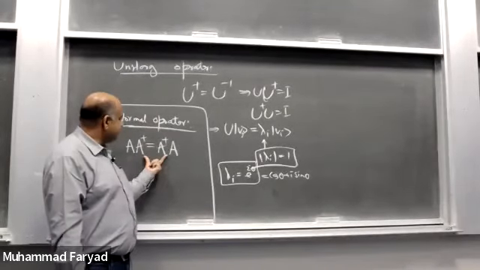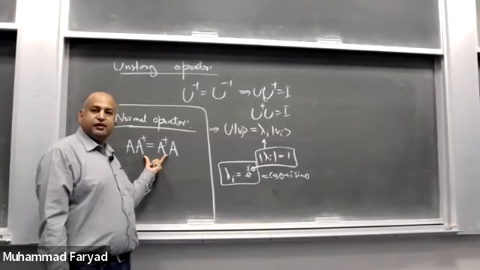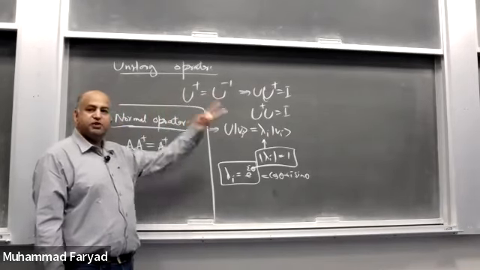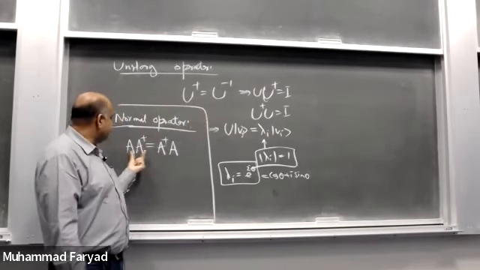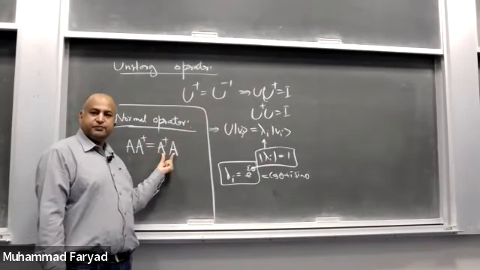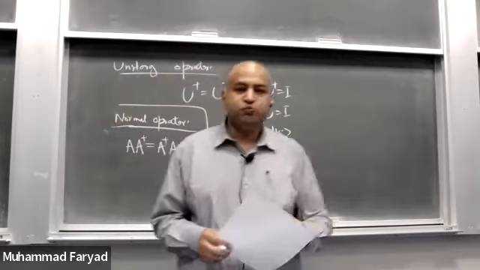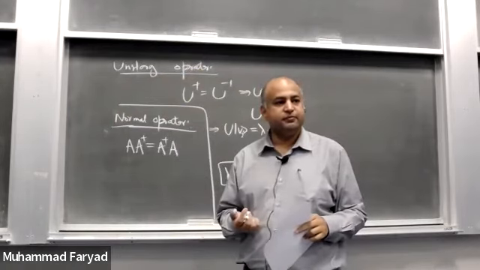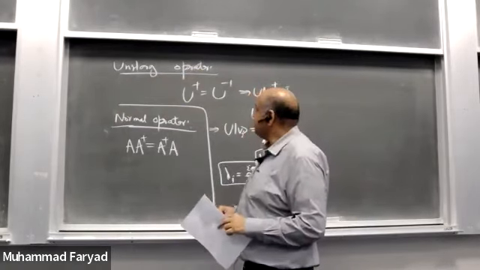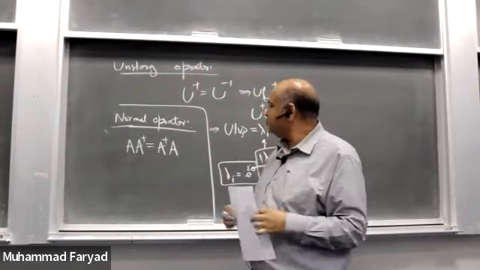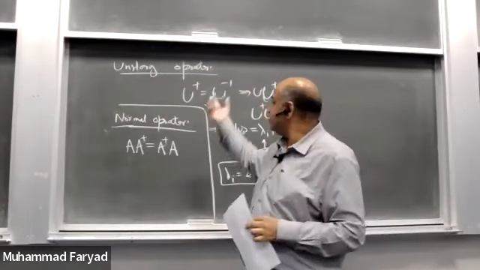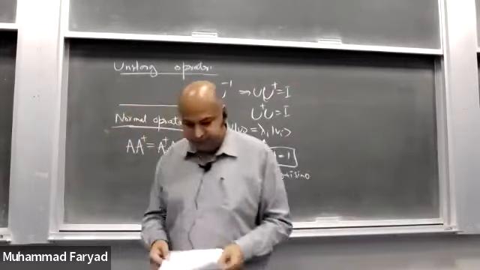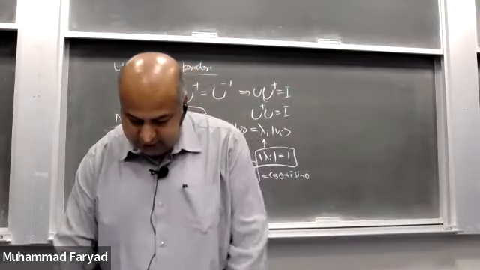Basically, all operators of interest in quantum physics, for us, they are normal operators. Projector operators, unitary operators, Hermitian operators, they're all normal. So this is sort of one unifying property of these operators. So any mathematical theorem that you prove for normal operators is going to be applicable to Hermitian, unitary, and projector operators. But not vice versa. Something might be true for Hermitian operator, may not be true for normal operator, because normal operators include unitary operators as well, and other operators.